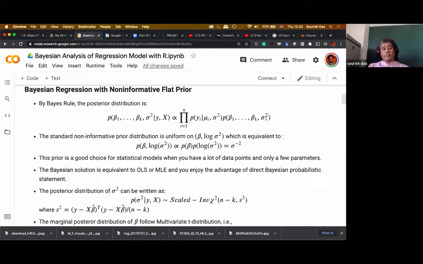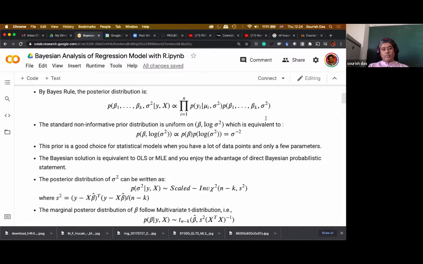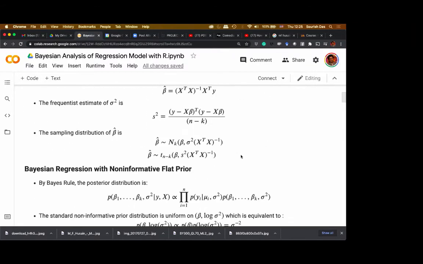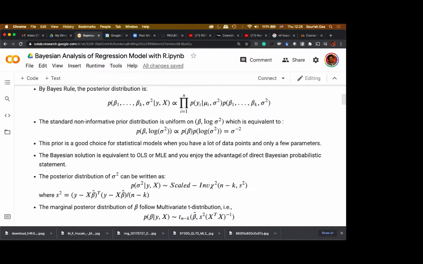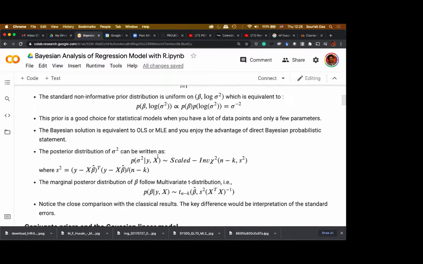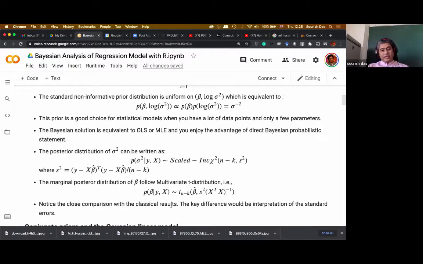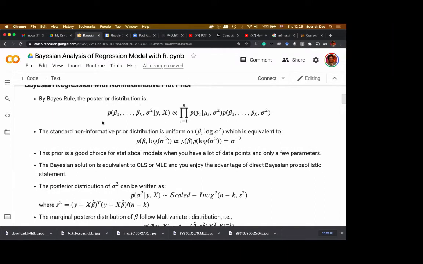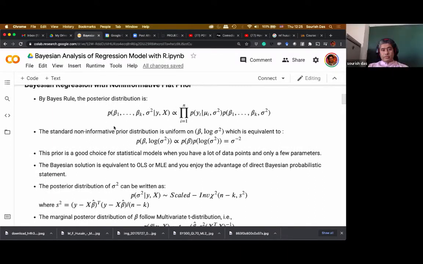You're talking about frequentist, or the posterior? I understood the Bayesian part, that there is a joint distribution on betas and sigma, and you are integrating out the sigma square. After integrating out the sigma square, your resulting distribution behaves like this, from the joint posterior distribution for these betas.